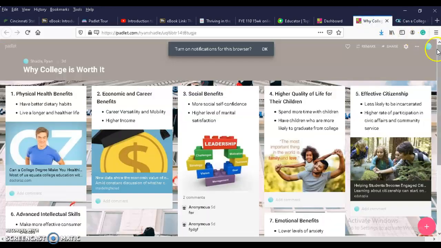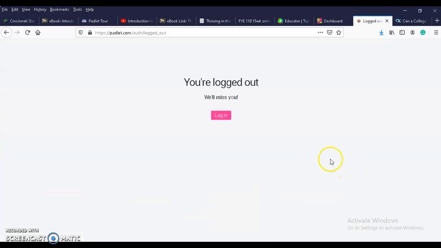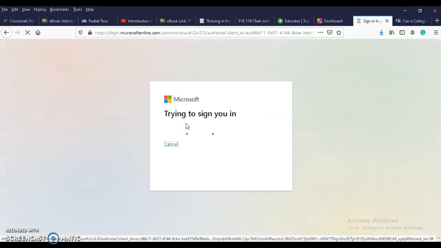Again, you don't need to do anything but give it your Microsoft account, which is your Cincinnati State account. So when you log in, click on Login with Microsoft, and it may ask you to put in your Cincinnati State username and password, which is your email, or it may just take you directly to it.